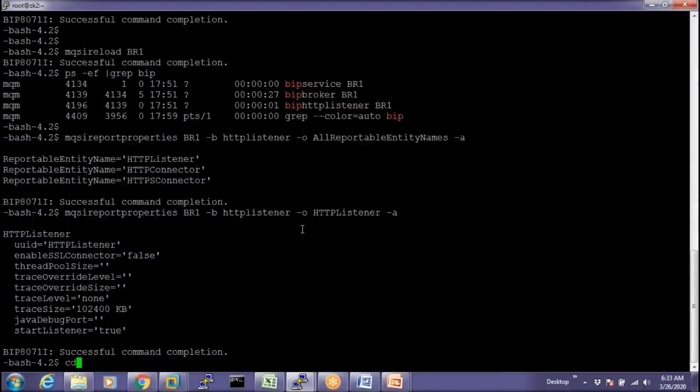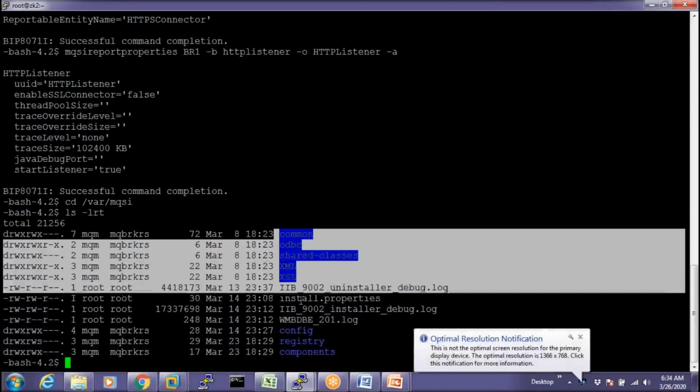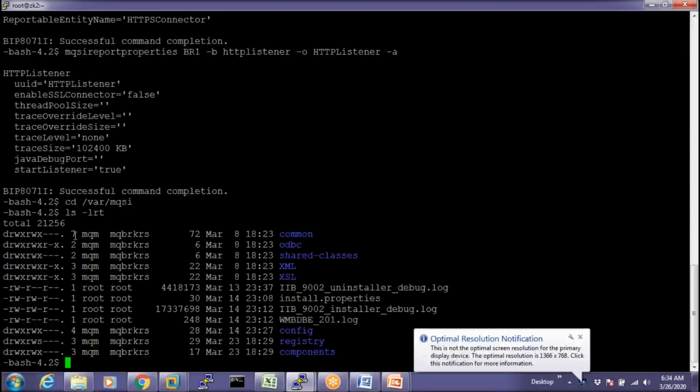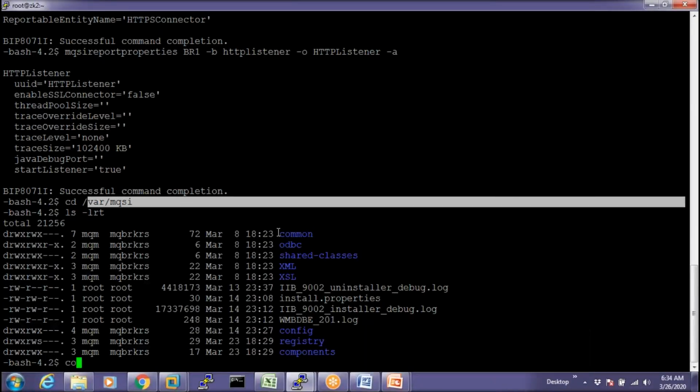So what is the var mqsi file system? It is a working directory. Exactly, it is the working path of the brokers. In var mqsi we have all the broker entries, and in the var mqsi path a core dump will be generated with a name like core dot the date when it is generated.